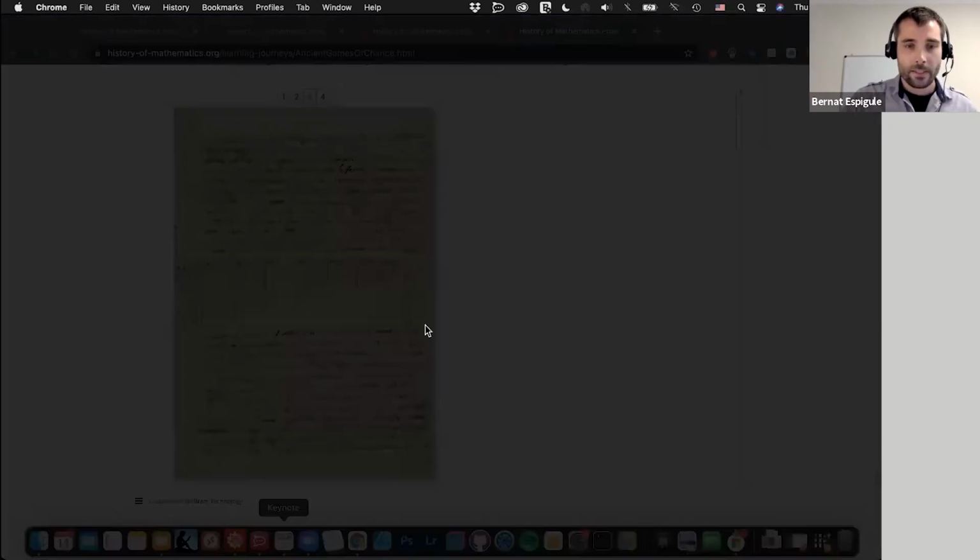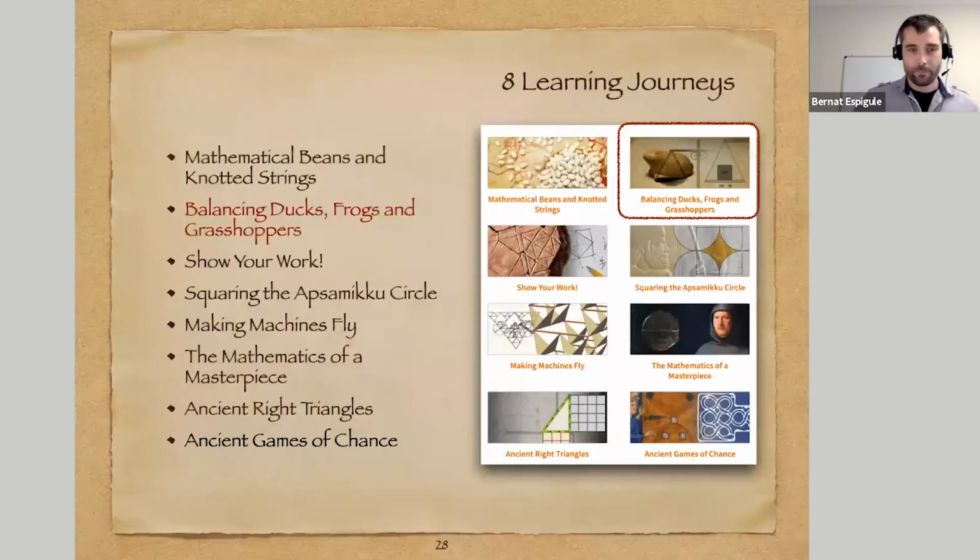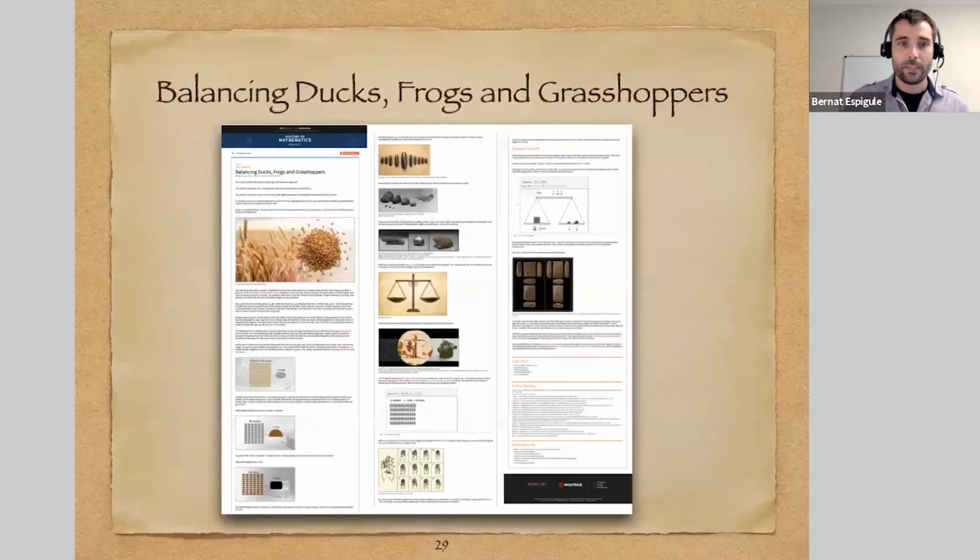So now let's move to the other learning journey that I'm going to be showing, and that's for the weighting system used in Mesopotamia. Barley grains were very important, and actually they were so important that they were used as the smallest unit of length, area, volume and weight. So they had the whole system based on barley grains, and from that you're going to see that, for example,